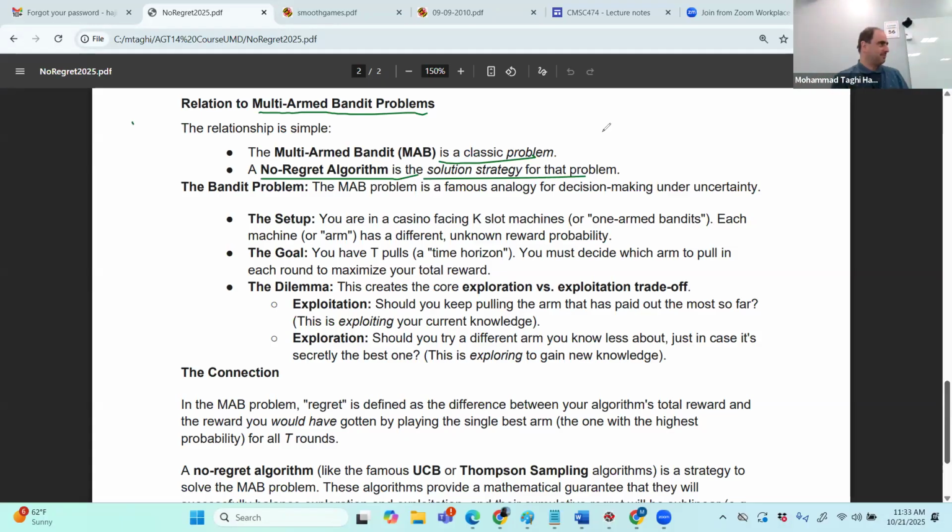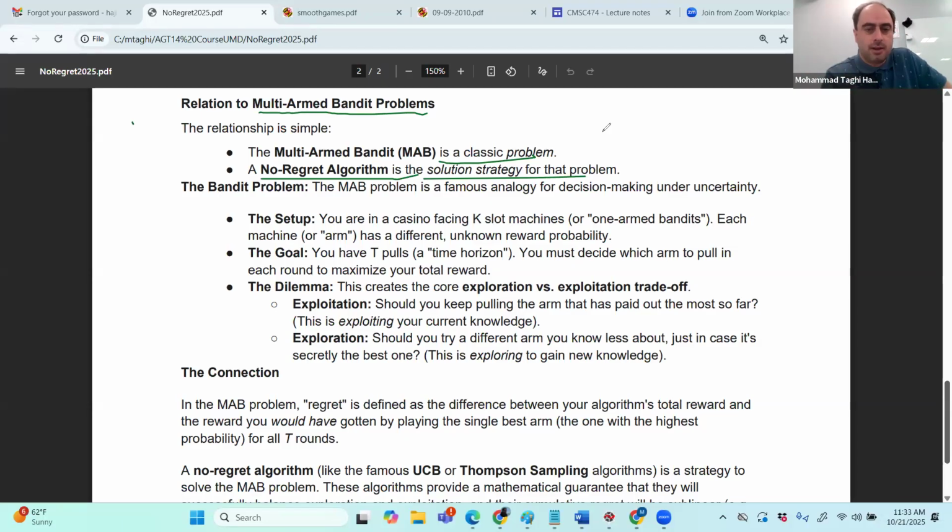There are lots of these scenarios, even, for example, the items you may see on Amazon for shopping. It tries to find what type of thing you want, and it might be different at different times. But when you are in one session, it tries to find those that you like the most. How does it understand that? Whether you click on them or not. So it's a very common thing in industry, and there are lots of studies on it in industry.